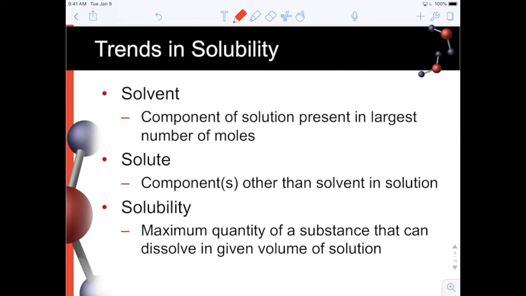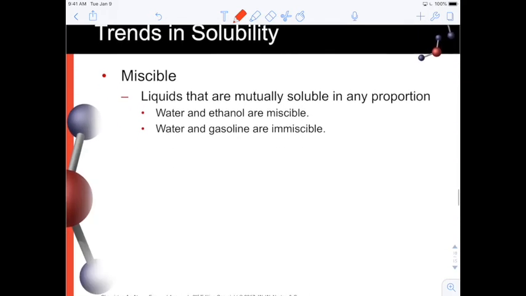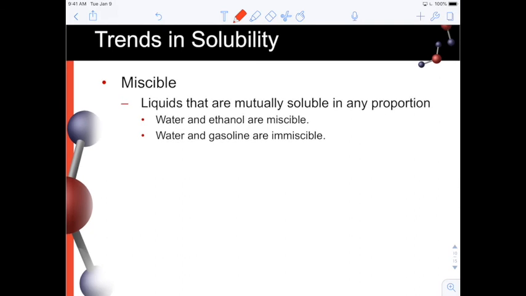Here's a couple terms that I would like you to refresh your memory about from Gen Chem 1. And there's a new one that you might not have been introduced to in Gen Chem 1. I think I did in my class, but it's missable. What we'll notice when we get into the lecture is that we can use these intermolecular forces to make some